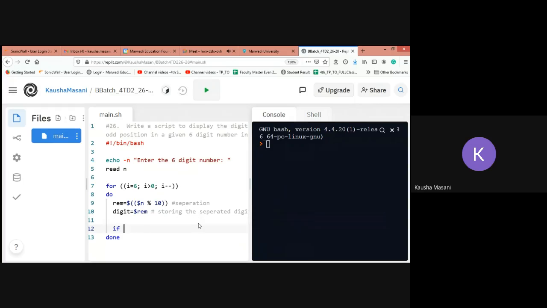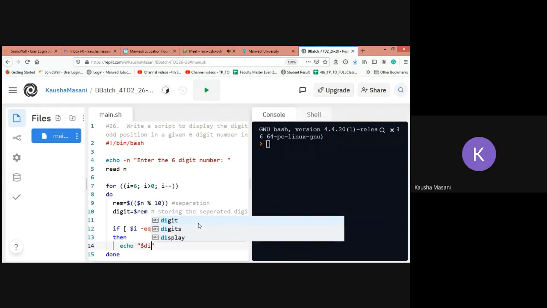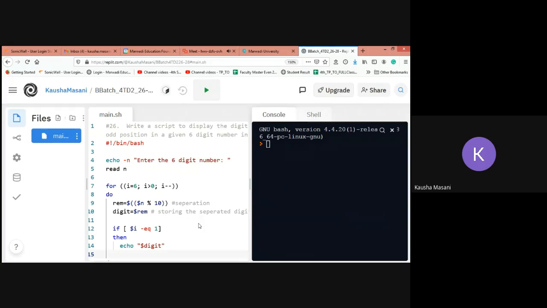If square bracket $i is equal to 1, then you print the value which is there in the digit, dollar digit. Elif square bracket space $i equals 3,